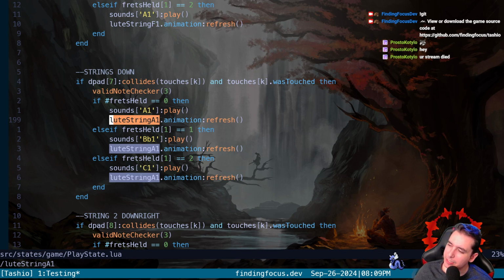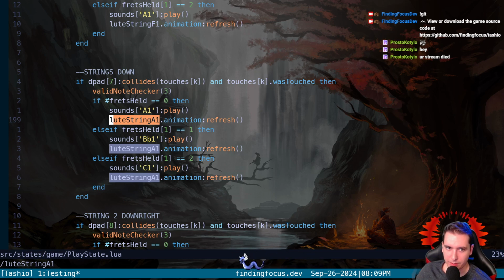I guess Lute state isn't the right way to think about it. I mean, I have it named Lute state, but it should be called... Yeah, I mean, I guess I'm fine calling it Lute state. If we make a class called Lute state, we can give all of these variables in here initialized in there.